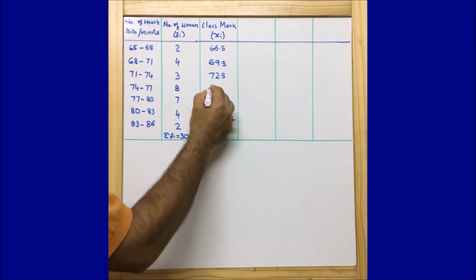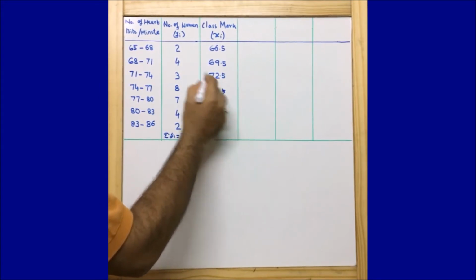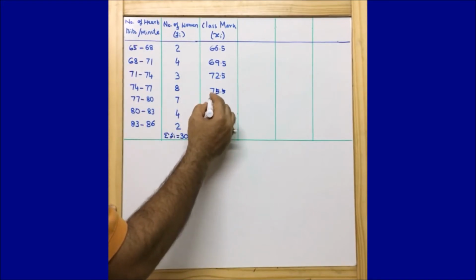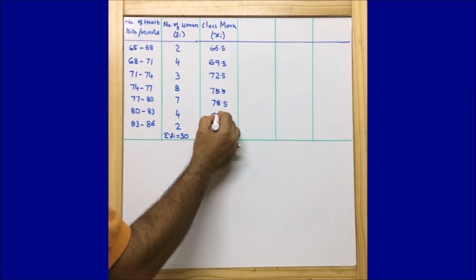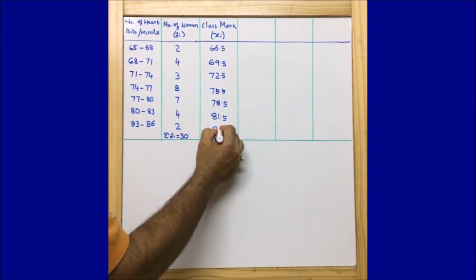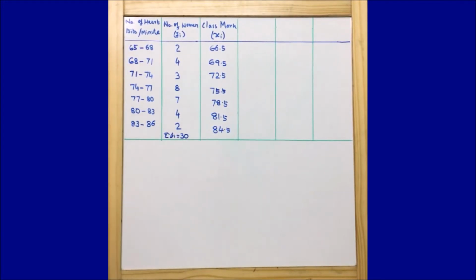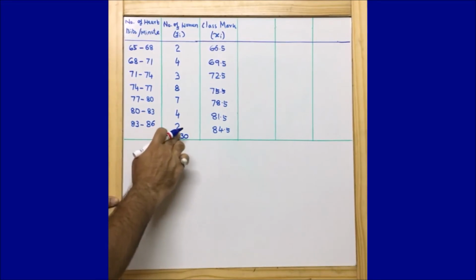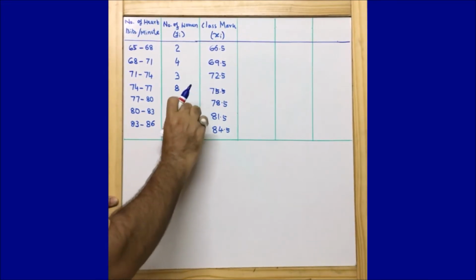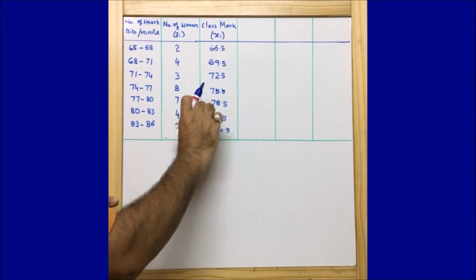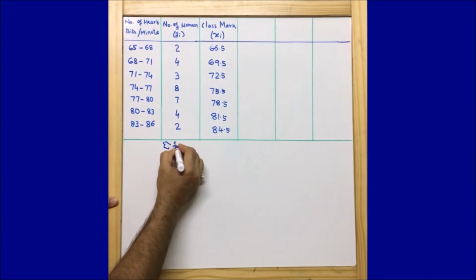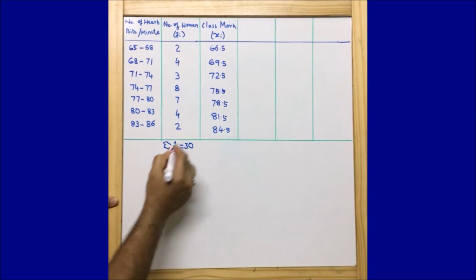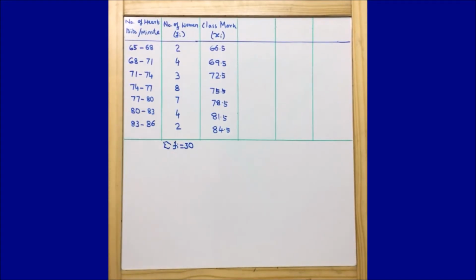then comes 75.5. But we need to be very careful. We need to see if the class height is consistent. If it is not consistent, then this thing will not work. Then 78.5, 81.5, then finally 84.5. Okay. So guys, here we got summation of Fi, let me write it here to be consistent, because we need to be very careful while answering the question, so that it is pretty clear and neat and clean, so that we will not lose any marks in the exam. Summation of Fi is equal to 30. Now you could see that we got the class marks.